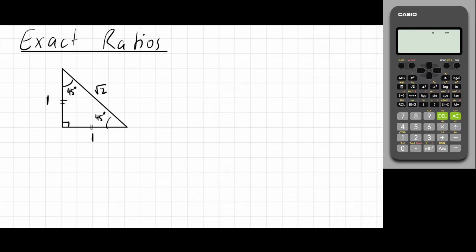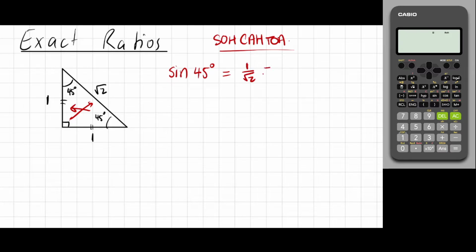So have a look at this. Sine of 45 degrees. Okay, so go back up here, SOHCAHTOA. It always comes up, SOHCAHTOA. Okay, so sine is opposite over hypotenuse. It doesn't matter which 45 I pick. Let's say I pick this one down here. My opposite is 1, my hypotenuse is root 2. That's 1 over the square root of 2. And if you were to rationalize this, multiply the top and the bottom by root 2, you would get